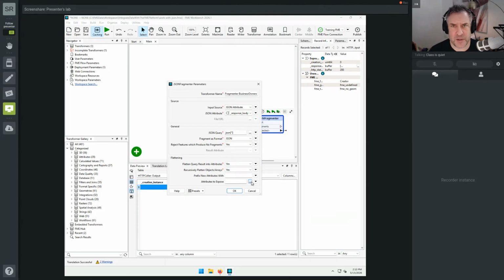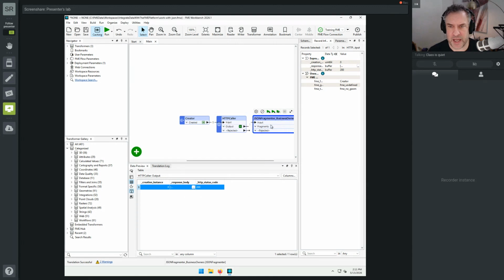There is an option down here to expose the attributes. I could type in the names of the attributes, but I don't like typing things in, so we're not going to do it that way. There's another way for us to expose attributes, which is much easier, and we'll see that in just a moment. So I'll hit OK,